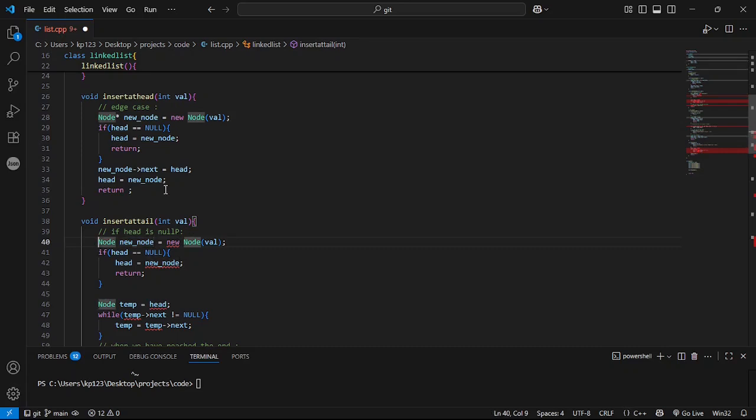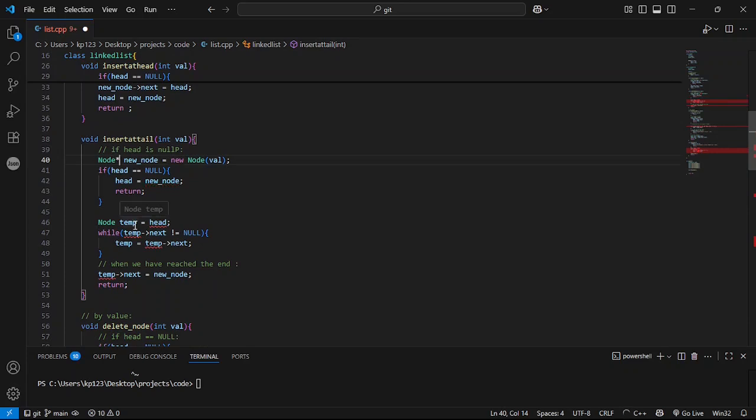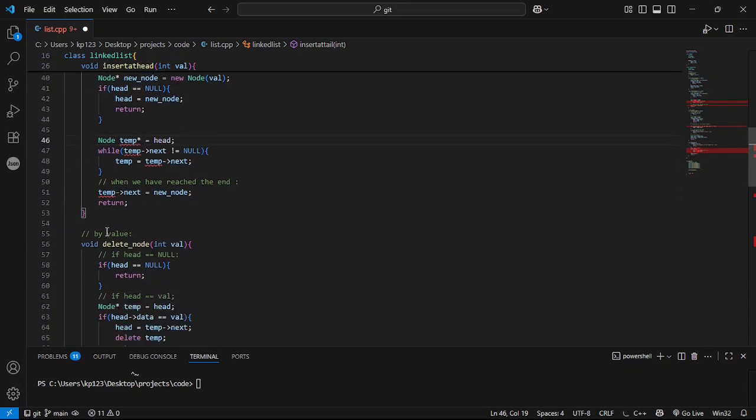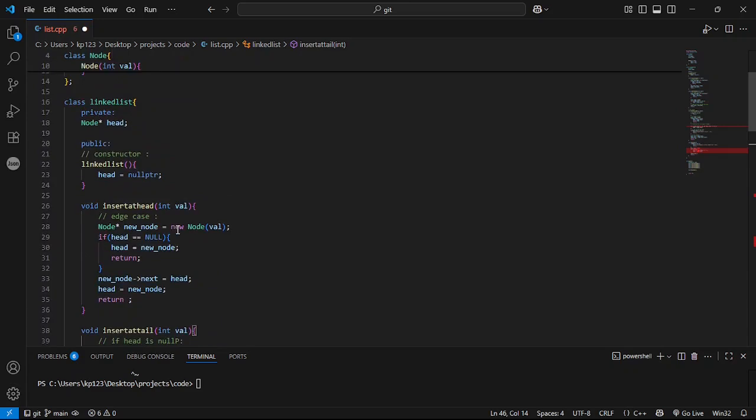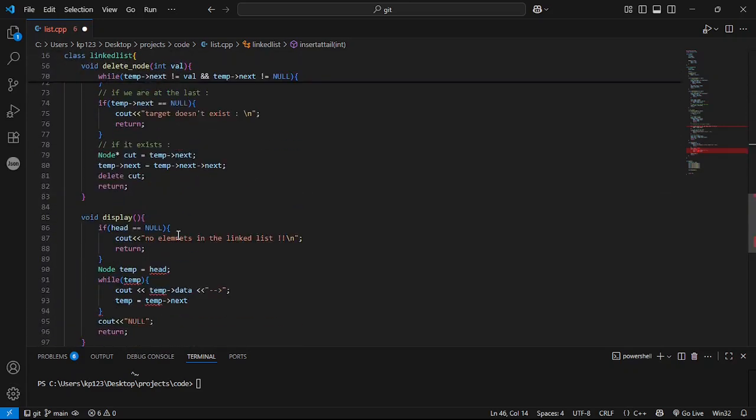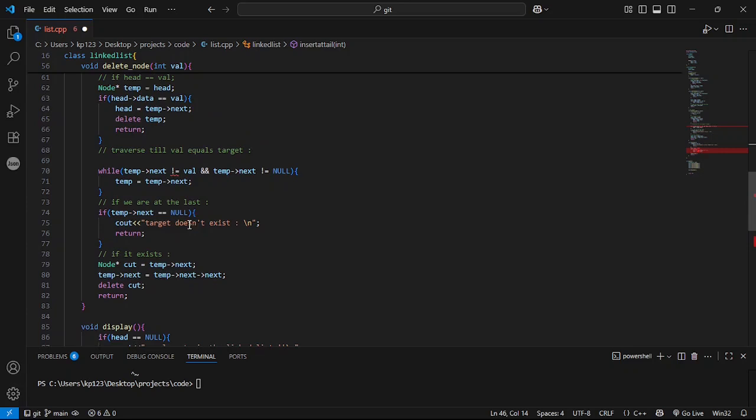Again, I need to create a node pointer. Okay, we are working with pointers every time. So now errors are significantly less. Temp's next should not be equal to val. Let's see what other errors are here.